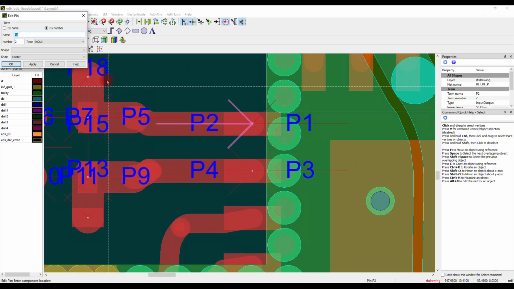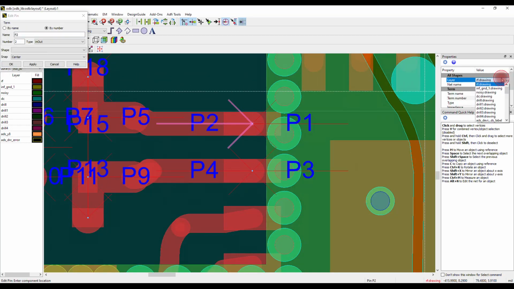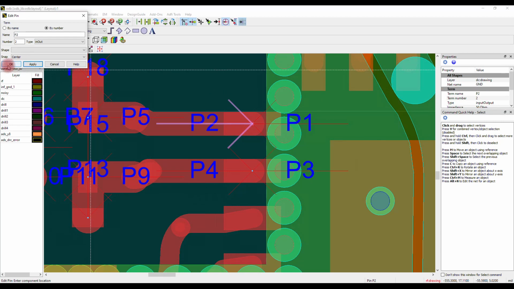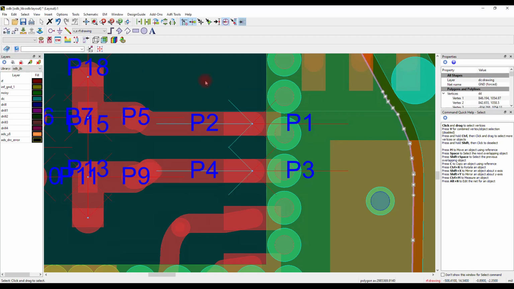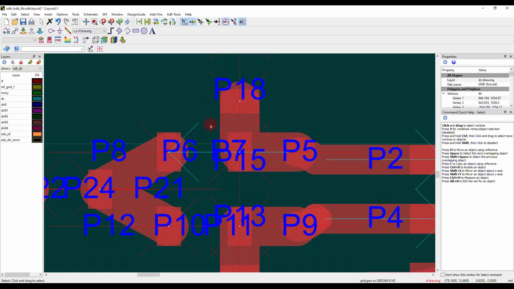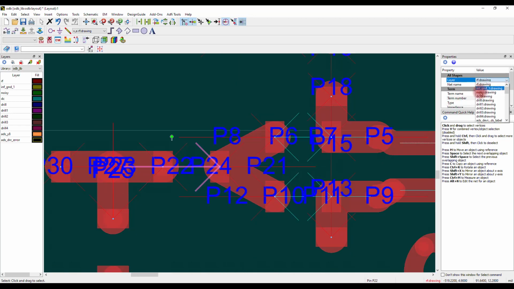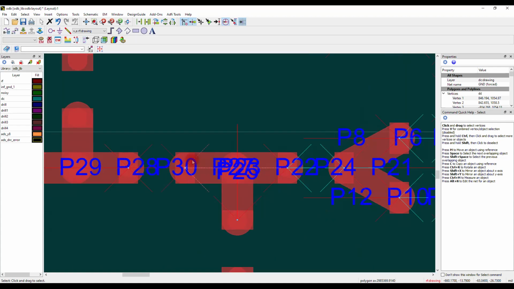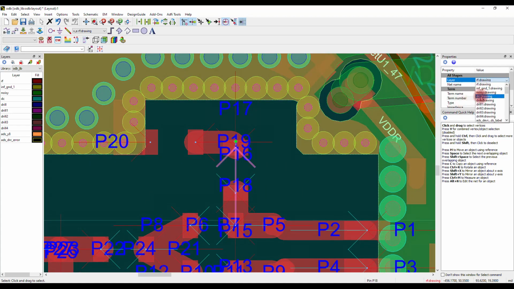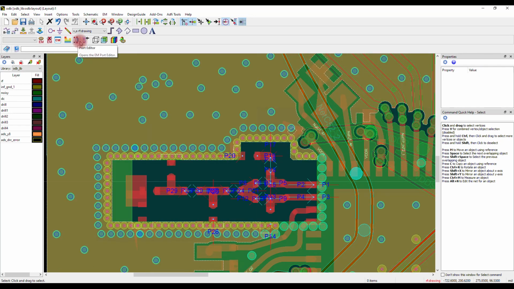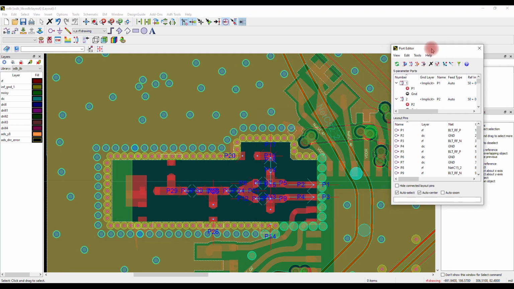Now let's assign the series components' ground pins to the ground layer. Then click on the port editor.